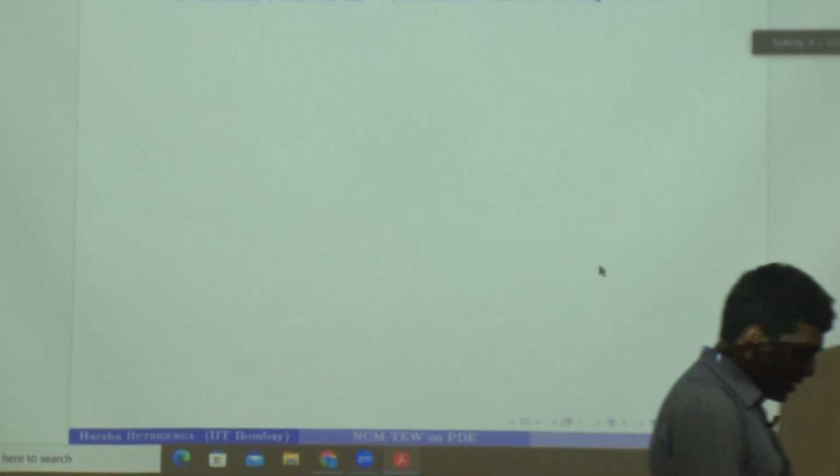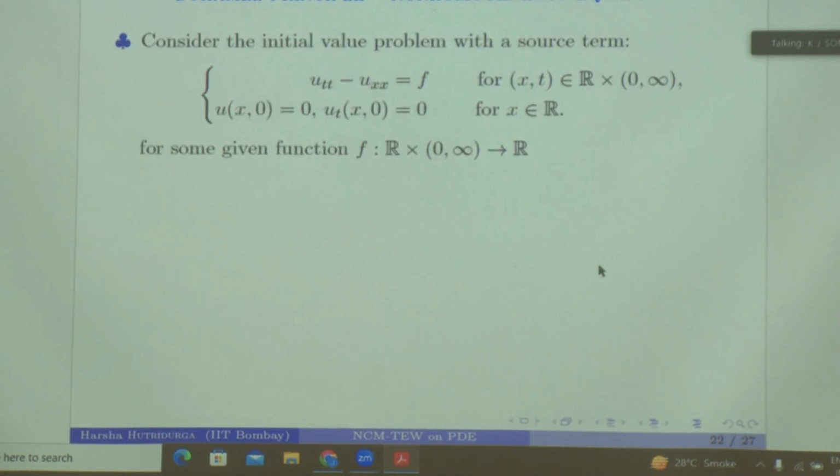Very much. Okay. In 5 minutes, I will do Duhamel's principle. I have stated this principle before also when we were doing the transport equation. Duhamel's principle essentially is talking about if you have got an equation and if you have got a source term, how to deal with the source term. Okay? Now we are talking about the wave equation, right?